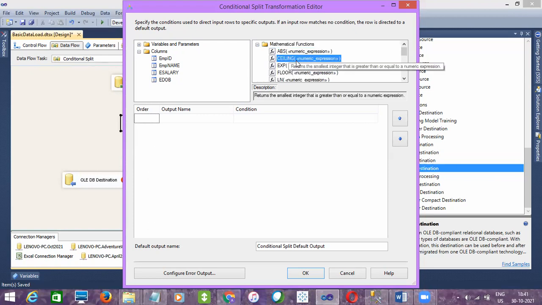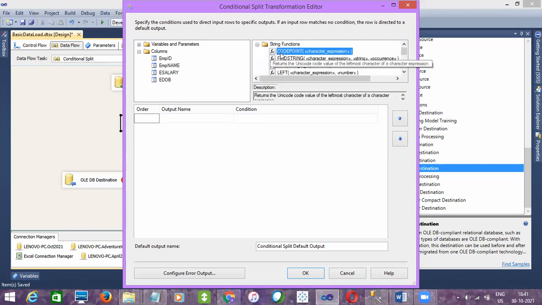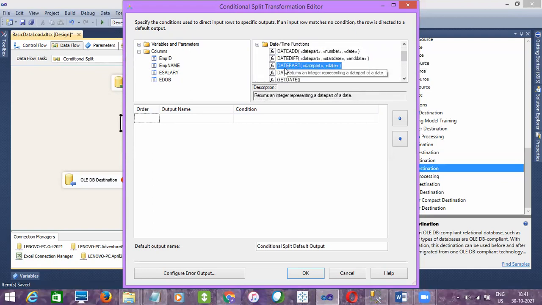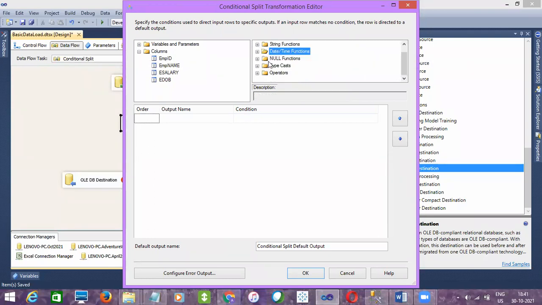If you want to apply over there, you can apply it, right? So mostly we won't use it, and you can see the string functions here: left, right, lower, L trim, R trim, right? You know this, right? Reverse, replicate. And if you wanted, we can use this one. So we have this facility, and we have date time functions as well. So date part, date diff, right? So if you're working with any date columns, you can also do those conversions here and typecast, right? So these are the data conversions. So we can use it, but for now, I don't think we need those.